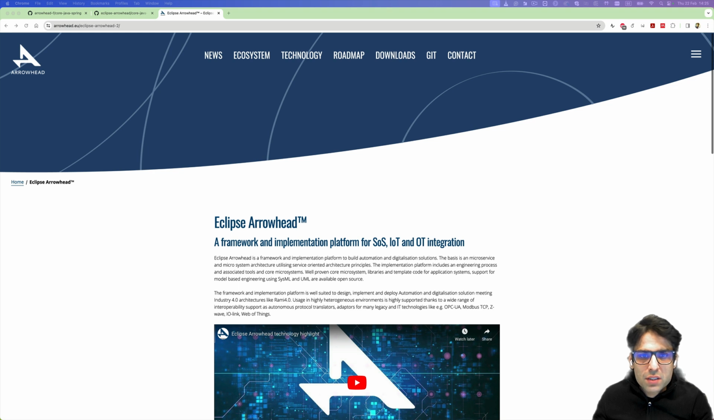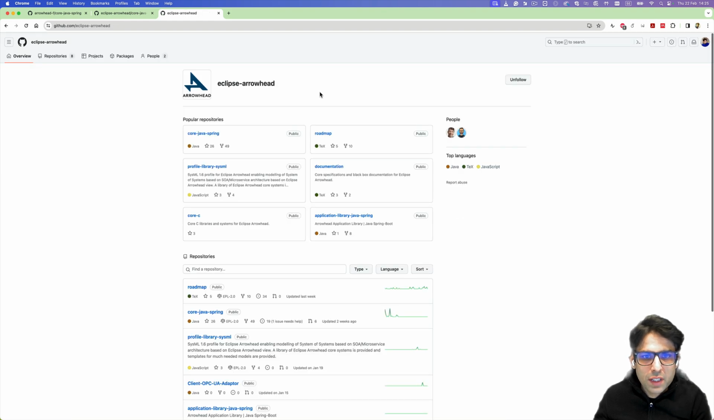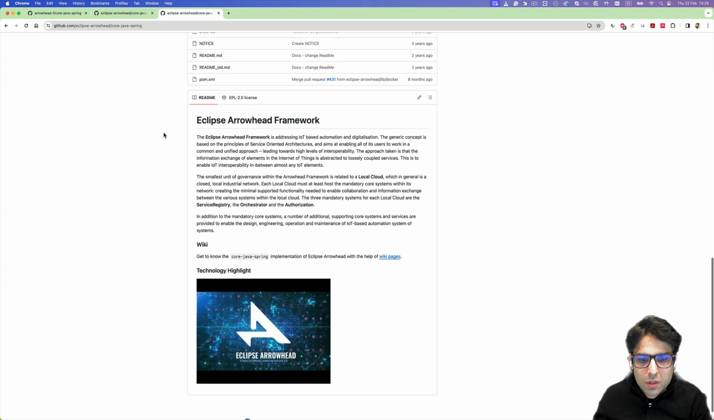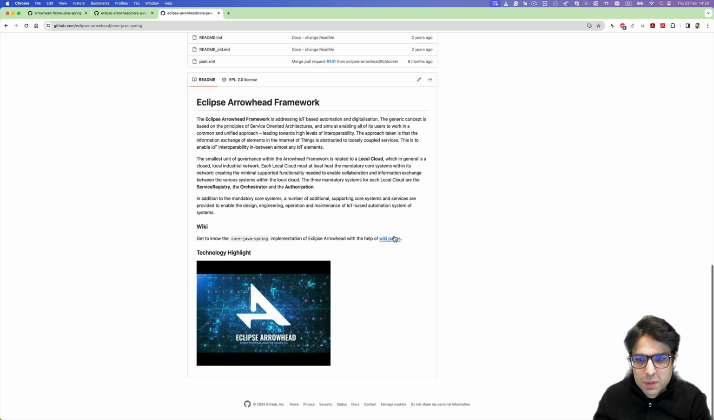We will look at the certificates for Arrowhead framework and how they are generated by going onto the Eclipse Arrowhead framework website, and there we can go to the Git repository for the Eclipse Arrowhead framework. And inside there we can see the Core Java Spring repository, and here we will go down to the wiki pages,